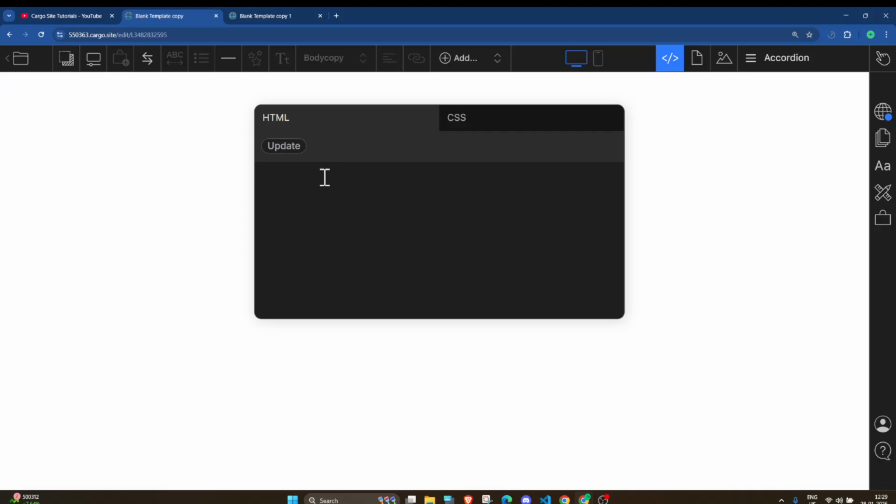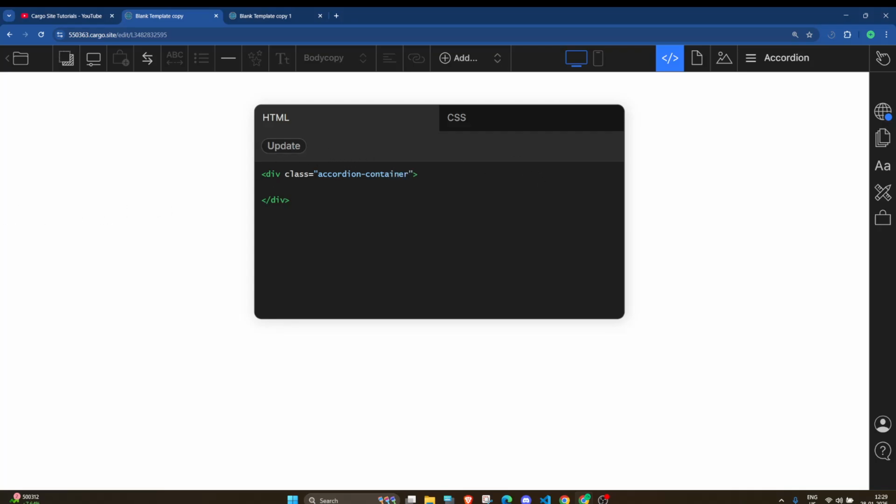First, I will create a div. Here you can see that this is a div, and I'll give this a class. I'm giving a class because then I'm going to select this class and style it in CSS. I'm going to give the class accordion container, and now I will click on update.